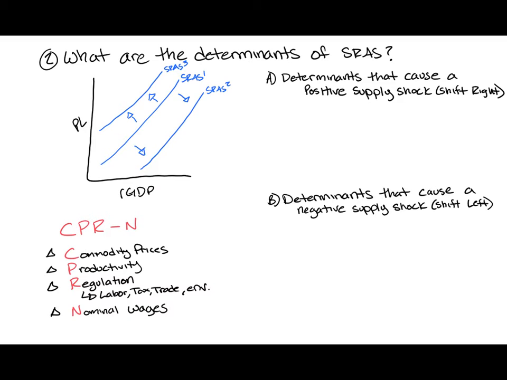So the next big question we want to work with the kids on is specifically, what are the determinants of the short-run aggregate supply curve? We're going to differentiate determinants of short-run from determinants of long-run, because I think if we teach them on the same slide, it can be a little bit confusing. So keeping in mind that the short-run aggregate supply curve describes the period of time where nominal wages are remaining sticky, there's essentially four major things that will cause the short-run aggregate supply curve to shift either to the left or to the right. Those things are going to be abbreviated